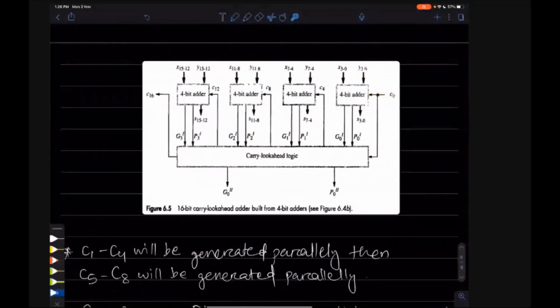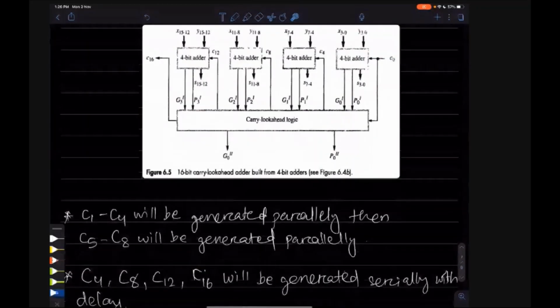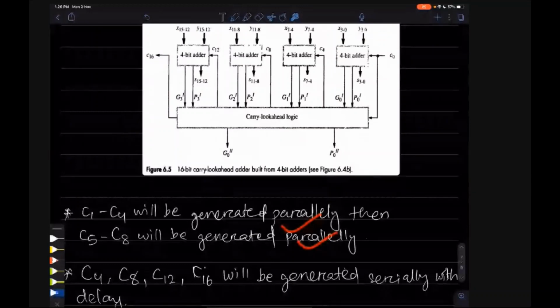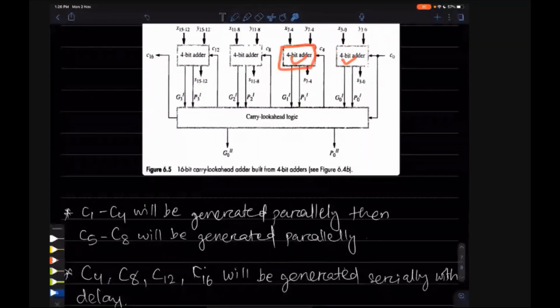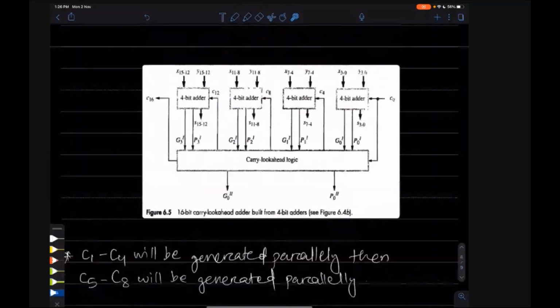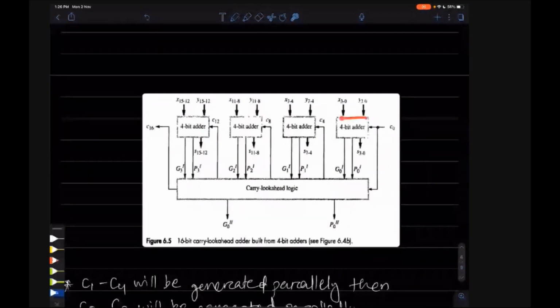Inside the 4-bit block, all the carries will be generated parallelly, but after generating the carry bit, the next box has to wait for this carry. Yes or no? Because carry bits are generated parallelly only inside this box. So 4 carries will be calculated parallelly here.